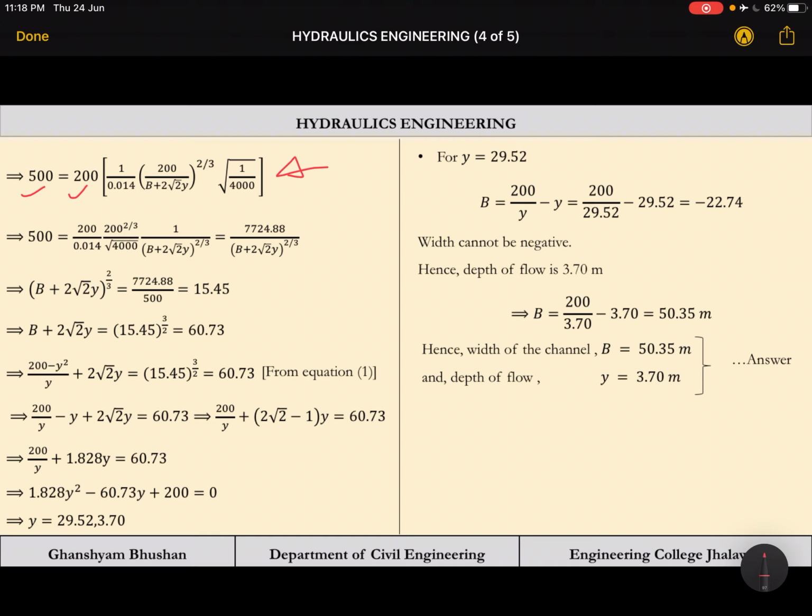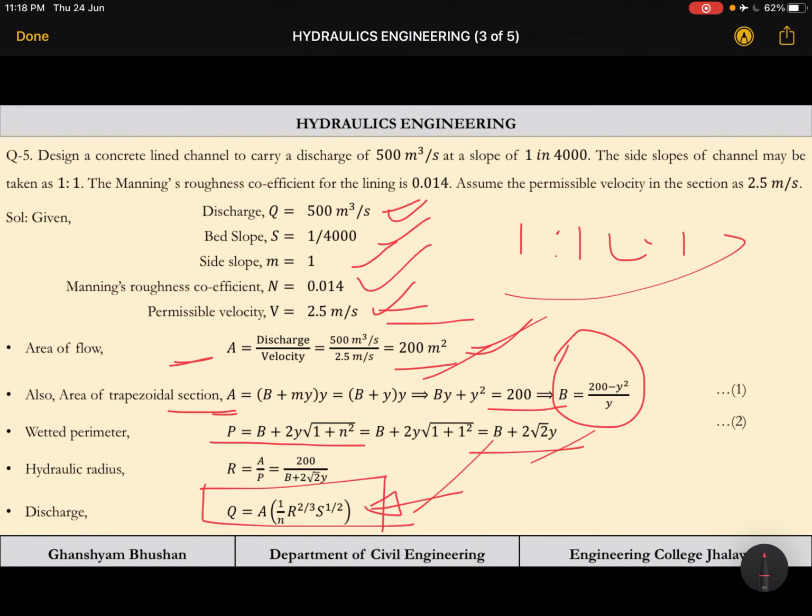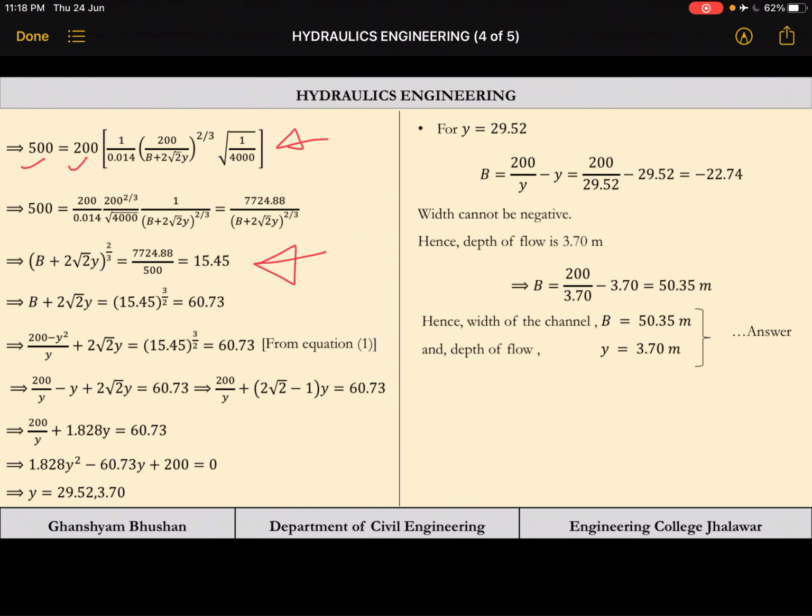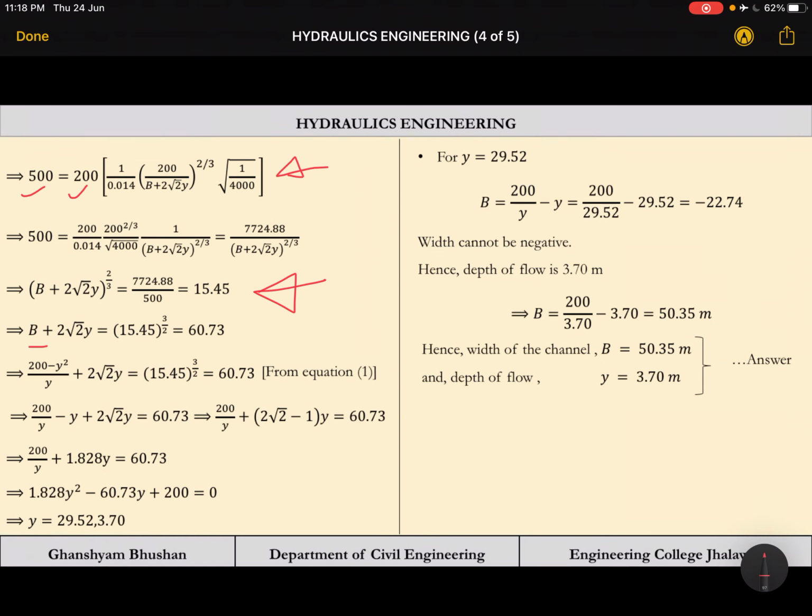b and y. One equation we will get in b and y, and you can see one equation we have already calculated in terms of b and y, that is b is equal to 200 minus y square by y. So here we can replace this value of b by 200 minus y square by y. So after putting this, finally we will have a quadratic equation. So in that equation, y is coming 29.52 meters and